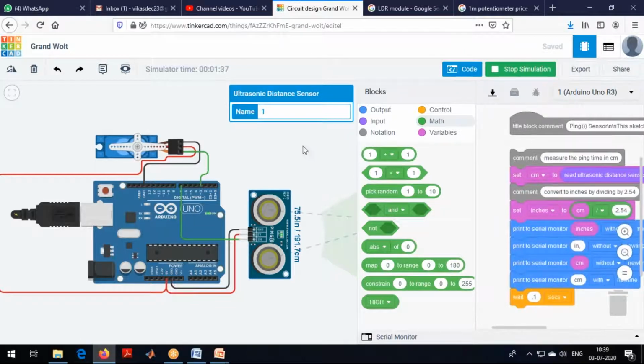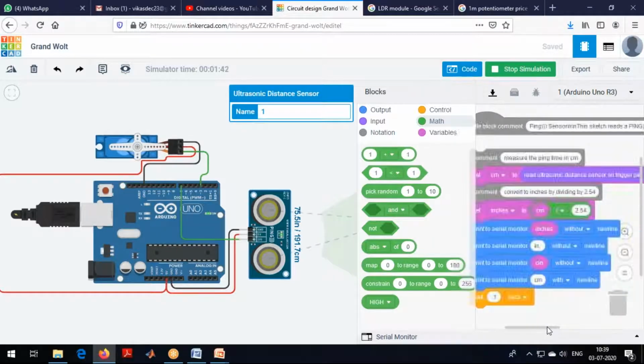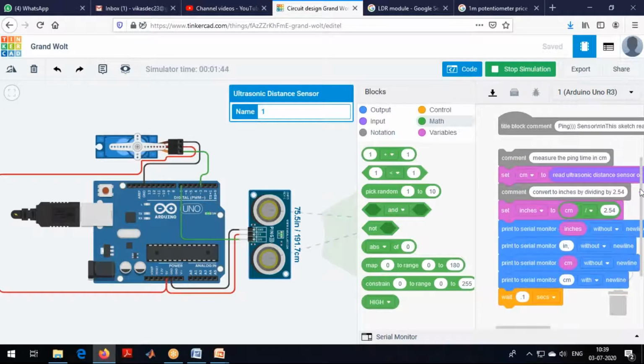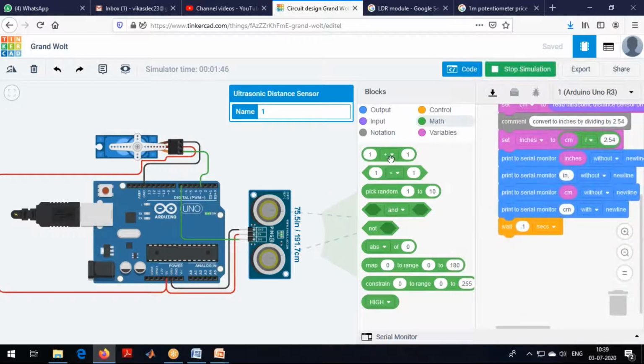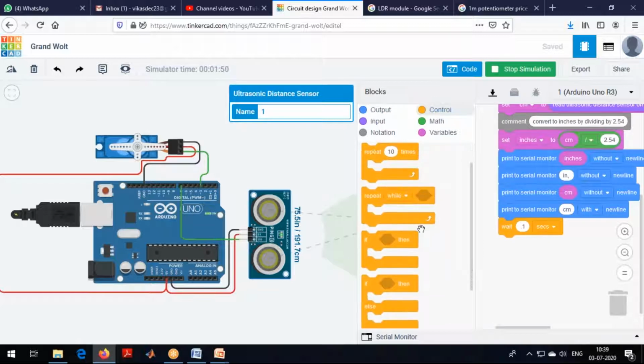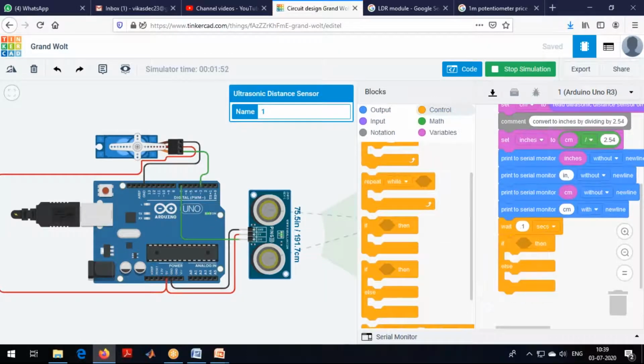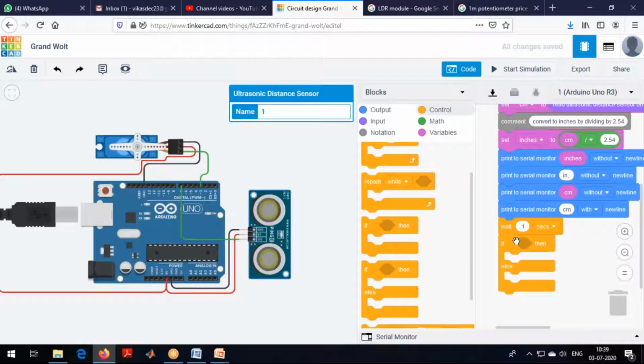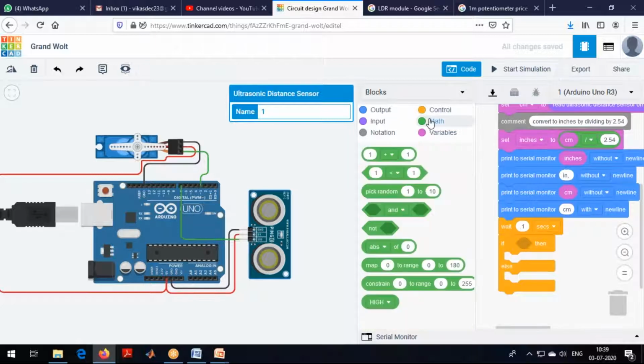I want to rotate this servo motor, right? So I'll write an if condition. Inside this if I want to check something, that is centimeter.